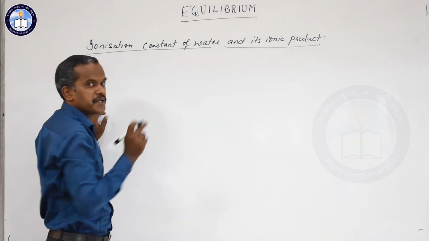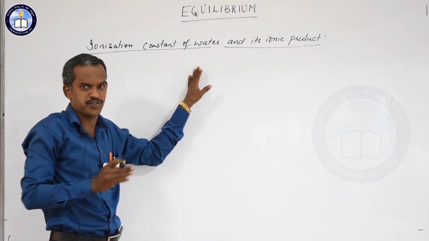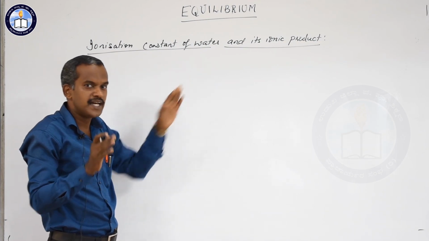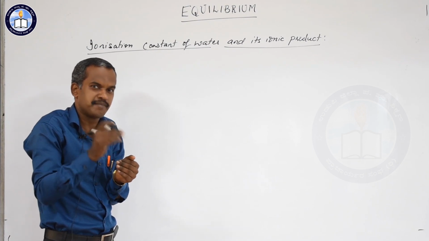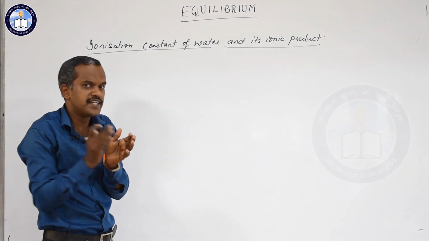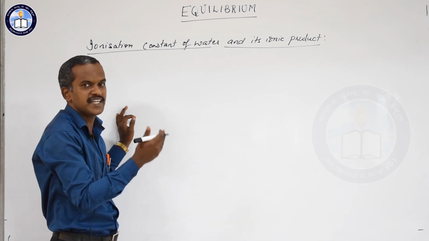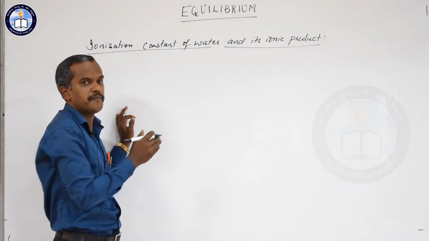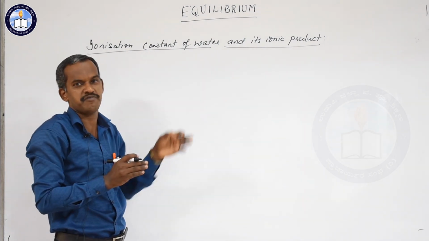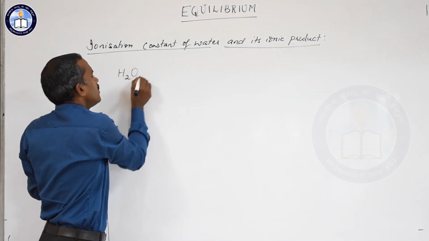Now, water is a special substance. It sometimes acts as an acid and sometimes acts as a base. If you add water to an acidic medium, it accepts a proton, so it acts as a base, and in the basic medium it acts as an acid. So we'll understand when it acts as an acid, when it acts as a base, and what are the conjugate acid base pairs of water. From there you can understand the ionization constant, and a new expression we will derive, that is the ionic product of water. Now let me consider water in the liquid form.